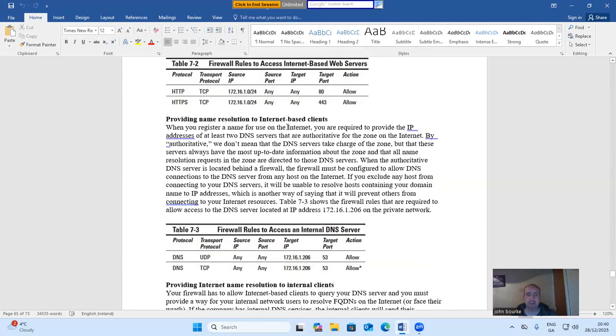Providing name resolution to internet-based clients. When you register a name for use on the internet, you are required to provide the IP address of at least 2 DNS servers that are authoritative for the zone on the internet. By authoritative, we don't mean that the DNS servers take charge of the zone, but that these servers always have the most up-to-date information about the zone, and that all name resolution requests in the zone are directed to these